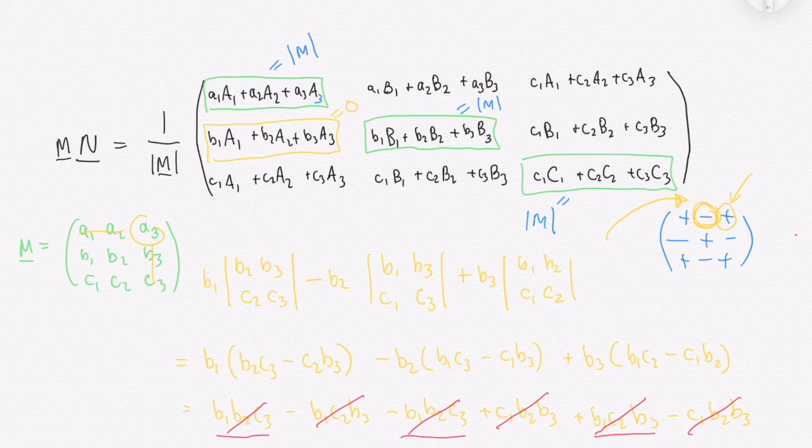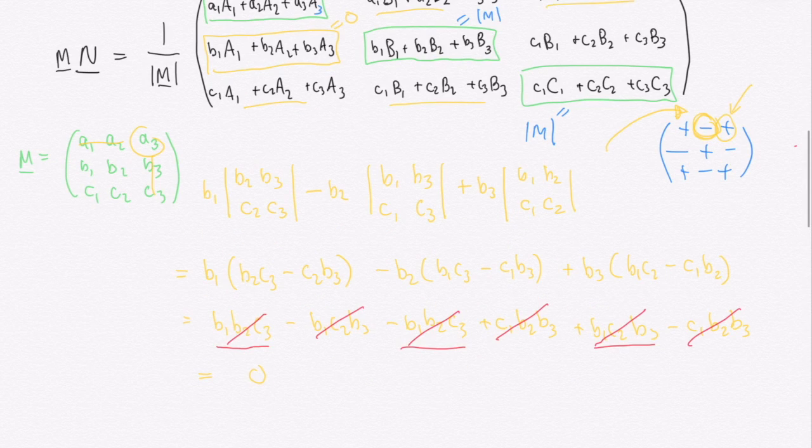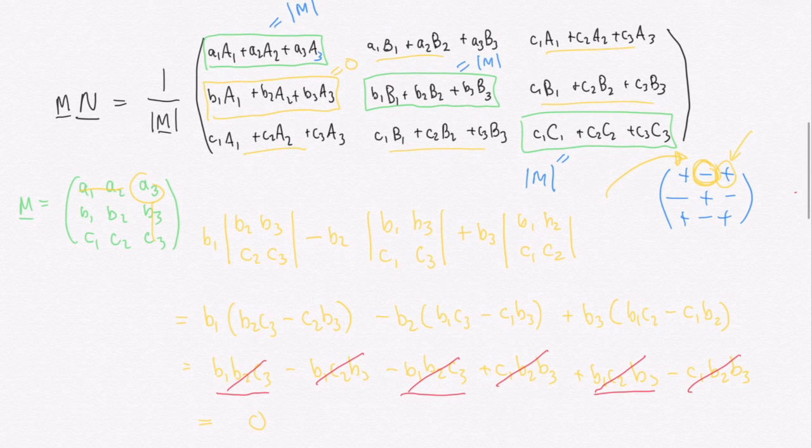And if you repeat that calculation for the remaining 5 elements, you'll find that all of these are equal to 0. And I'm not going to do those calculations, you can do those yourself. But if you look carefully, you might start to see why. So if we go back to this calculation, we have